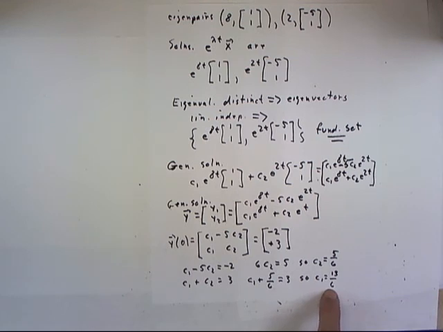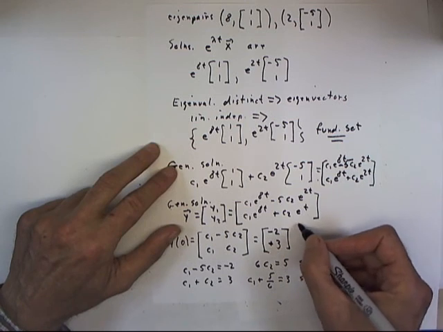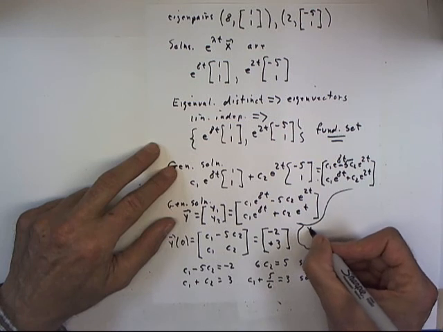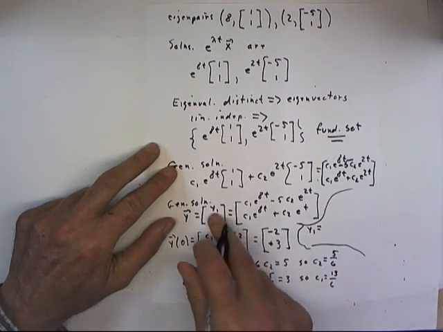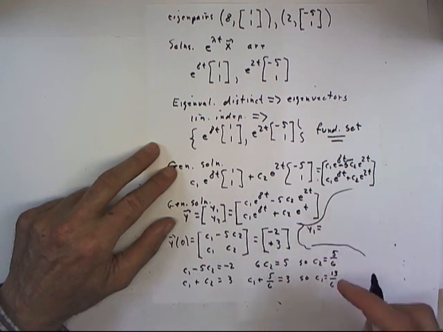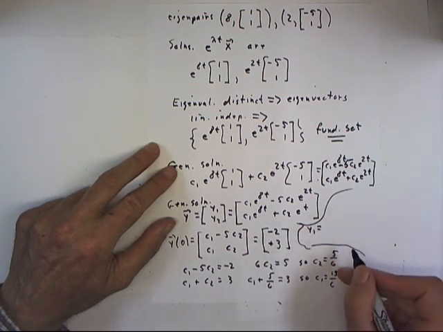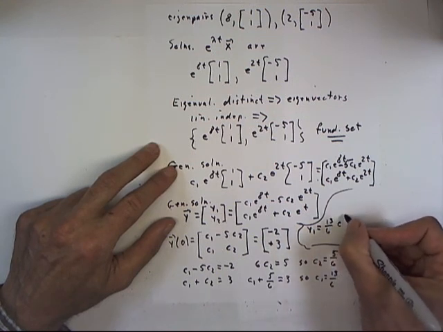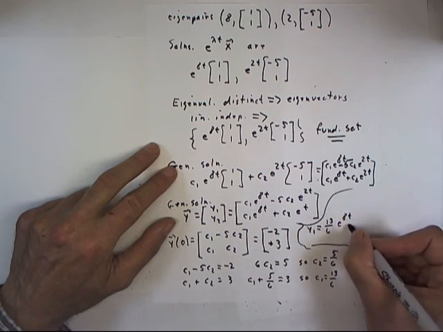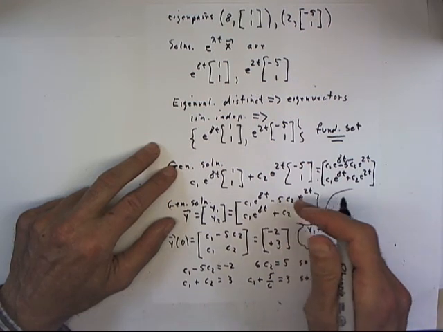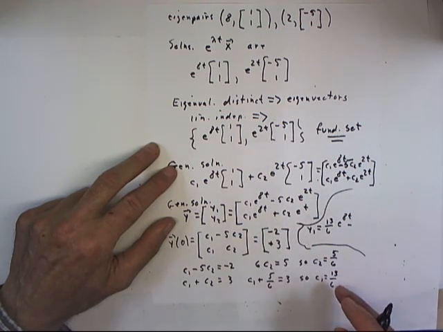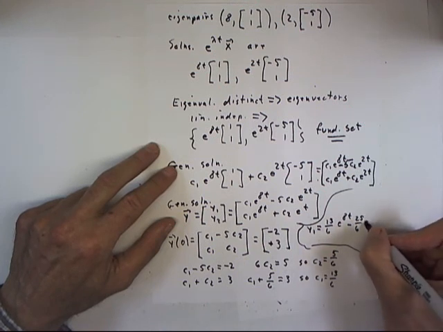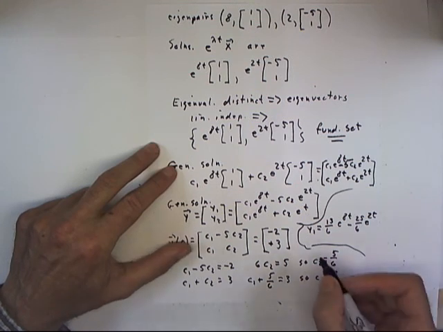So our solution with the initial conditions is y1 equals what we get over here with C2 equal 5/6 and C1 equals 13/6. So it's 13/6 e to the 8t minus 5 times C2. So that's going to be 5 times 5/6. That's going to be 25/6 e to the 2t. And we're going to get